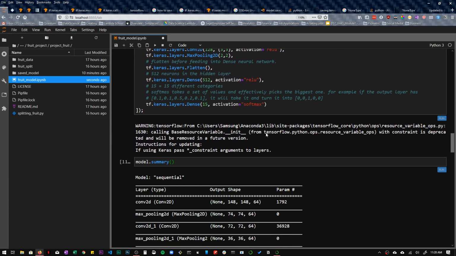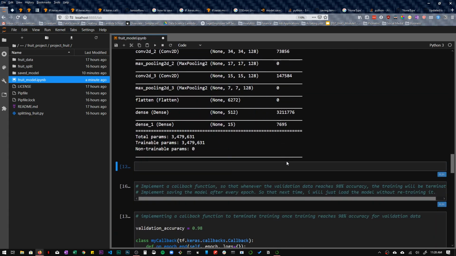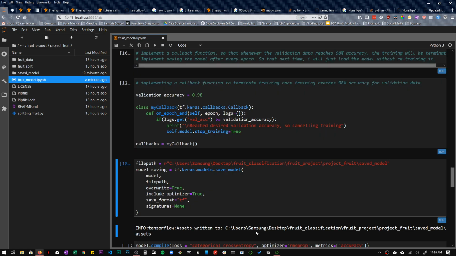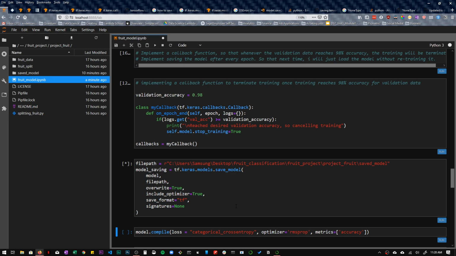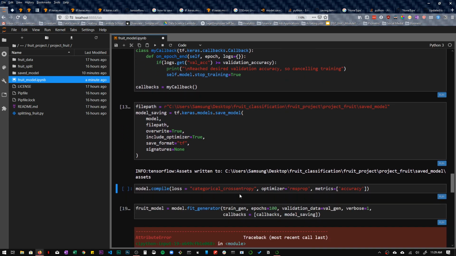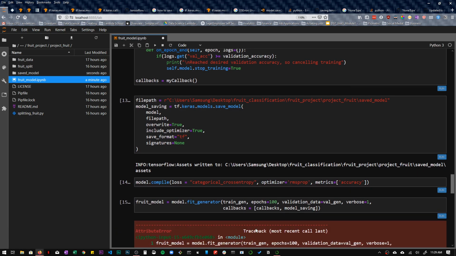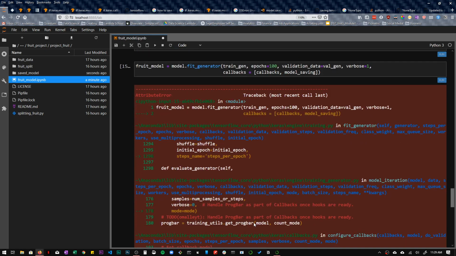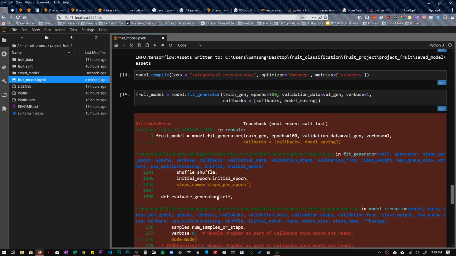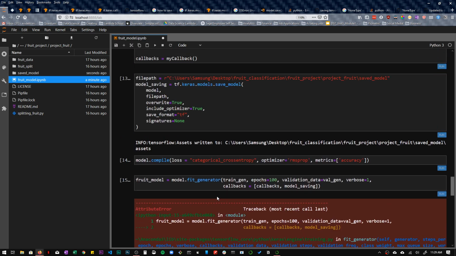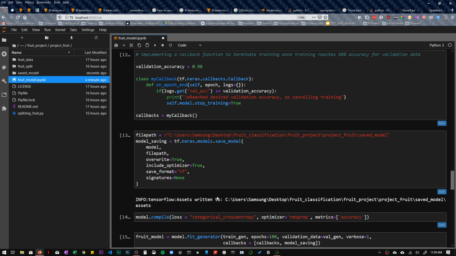All right, let's get the summary for this model that we built. That's the validation accuracy, the file path. All right, and let's compile this. Now let's run this. All right, so this was working until I added this.